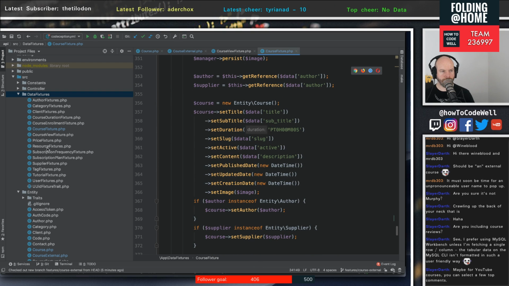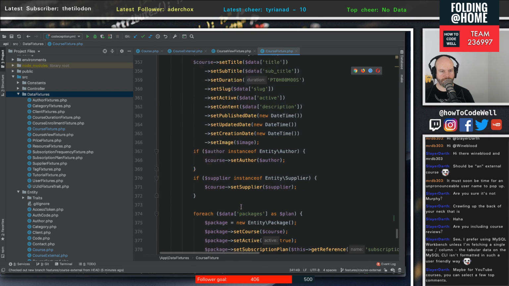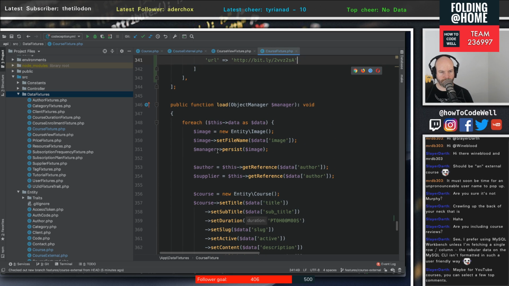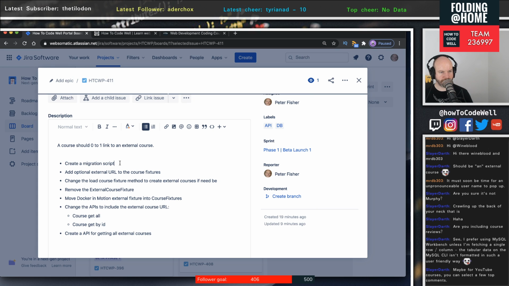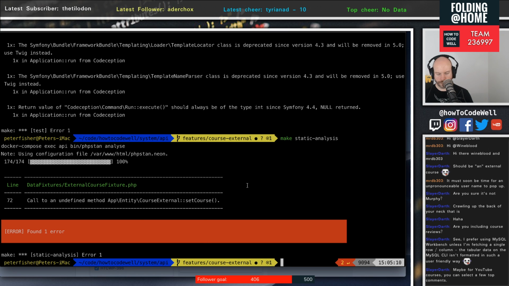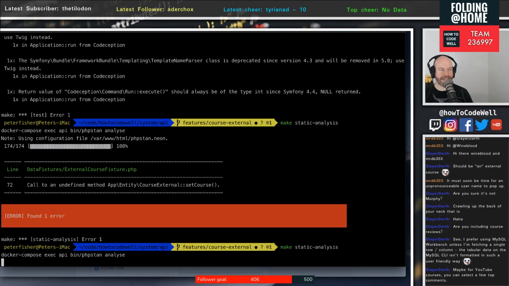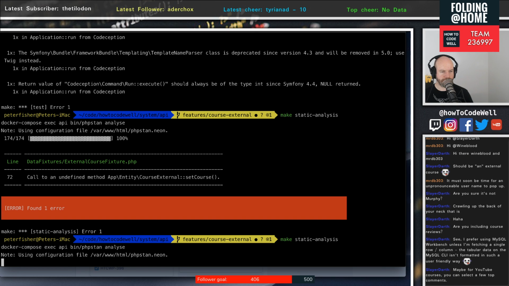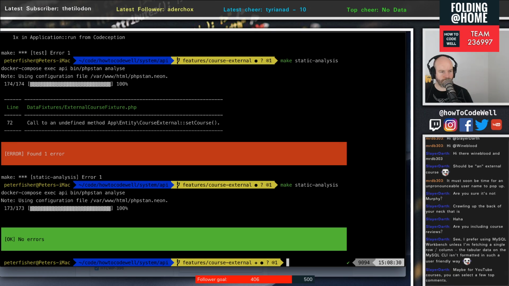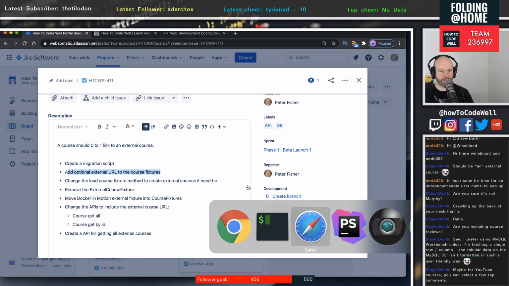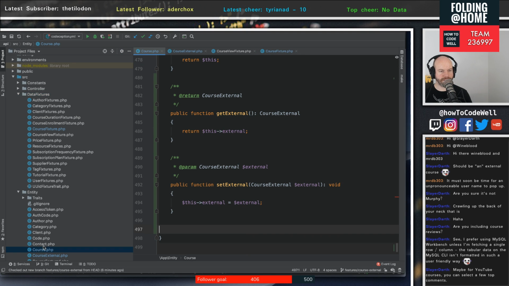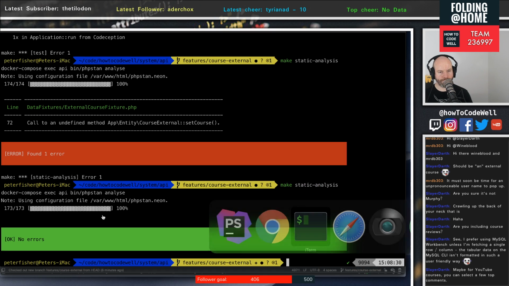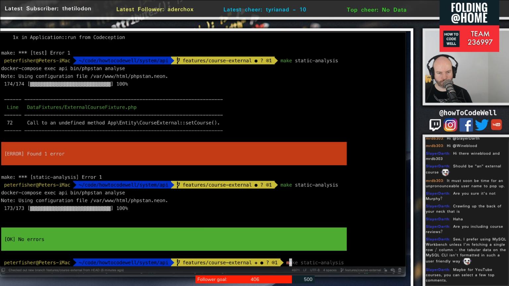Right, so we've got rid of that entity, that fixture, and we need to deal with this. But we're still working through the task of creating the migration script. So even though we are now working on through some of these things, let's see if we can regroup. Let's do a static analysis again and see what else is broken. Everything's fine. Good, good, good. Okay, so at this stage of the game, because we've changed our entities, it must mean that our validation of the database is wrong. So if we did make